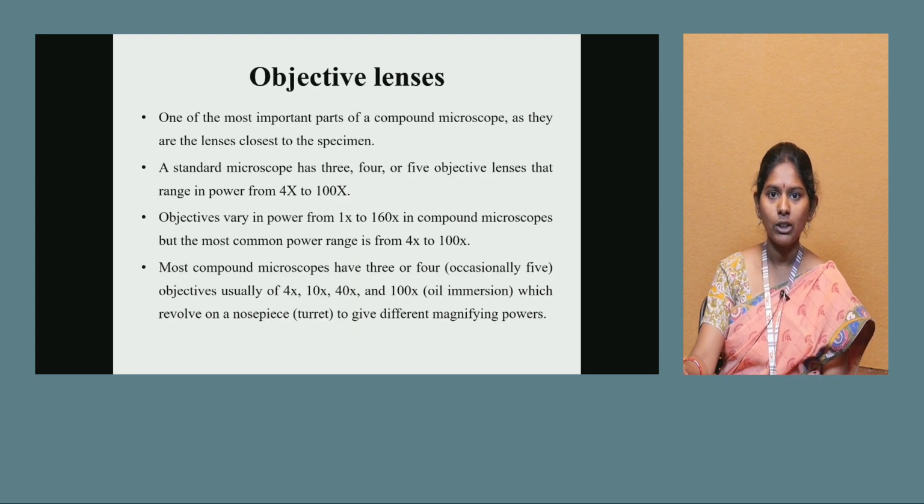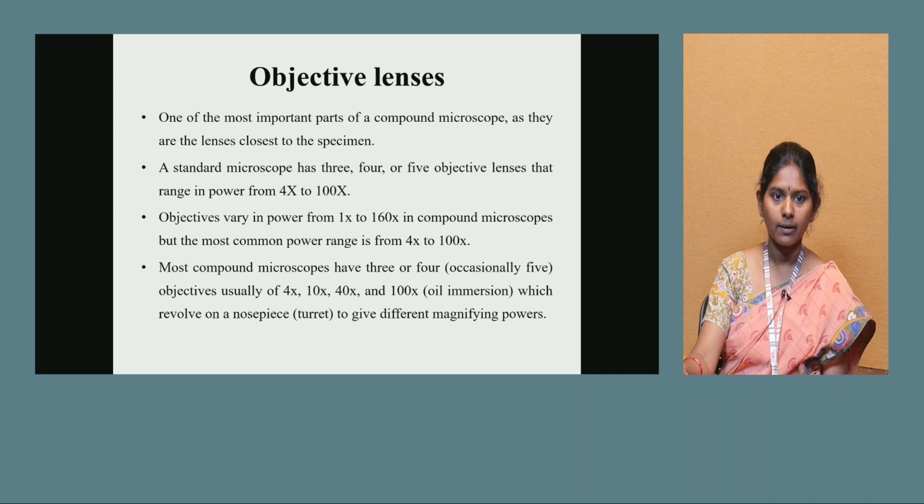Let's discuss the objective lenses. One of the most important parts of a compound microscope is the objective lenses. A standard microscope has 3, 4 or 5 objective lenses that range in power from 4x to 100x. Objectives may vary in power from 1x to 160x in compound microscopes, but the most common power range is